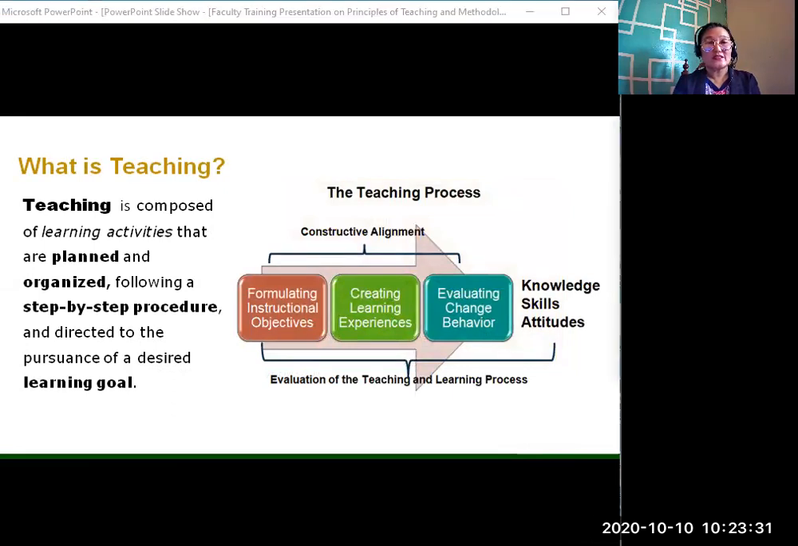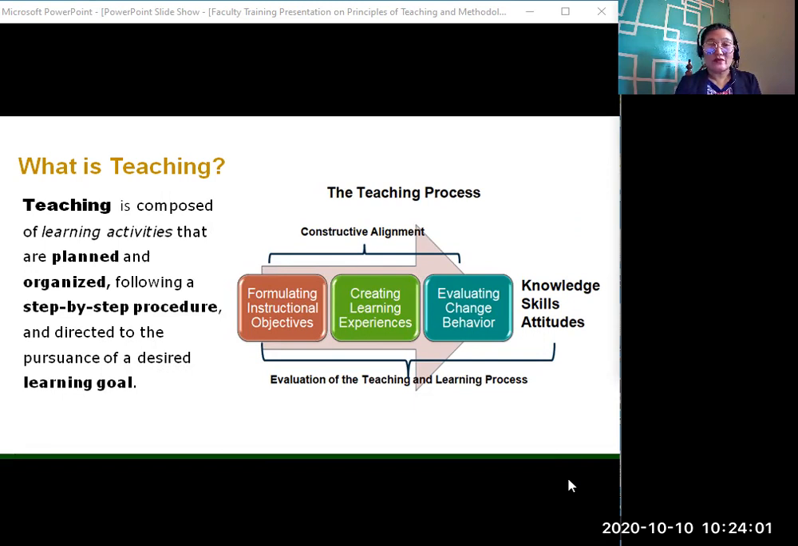Now let us use this diagram of a teaching process and how we visualize teaching following its procedure. Let us look at this definition of teaching as given by Salandanan in her book published in 2012. And let us use the evaluation approach of Benjamin Bloom as combined with the idea of the constructive alignment by John Biggs,